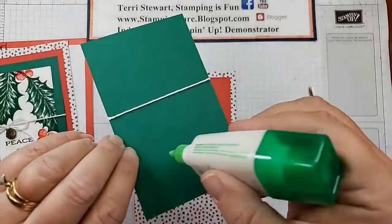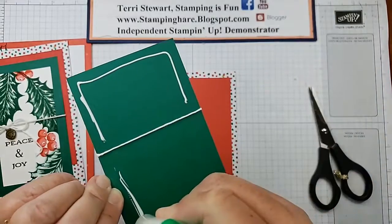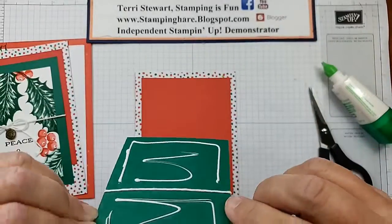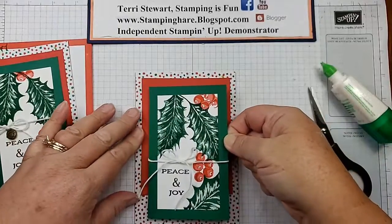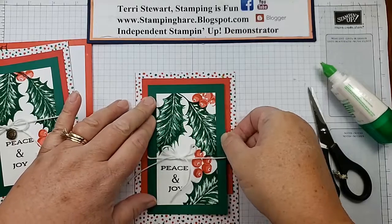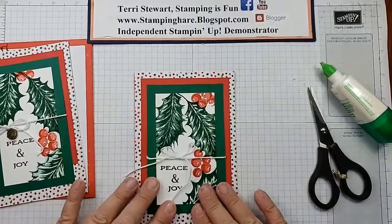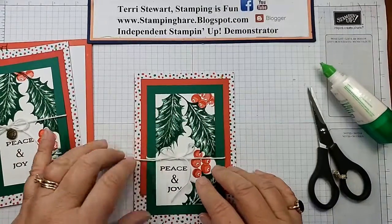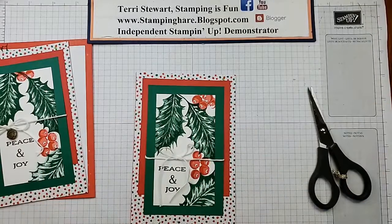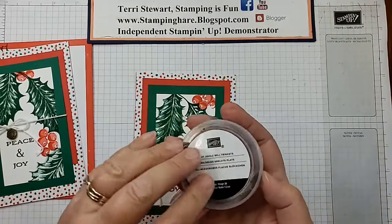And now for our focal piece, the same thing. I'm going to adhere that with some liquid glue. Put this down. And I will center that within that Poppy Parade piece. Push it down so that the glue can work. And then the last little thing, then the final